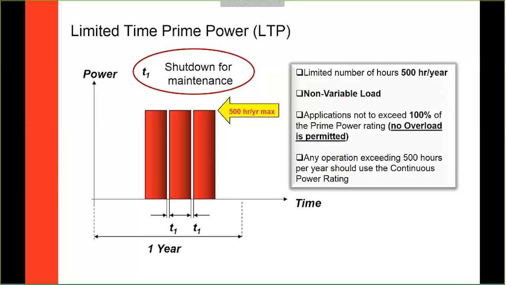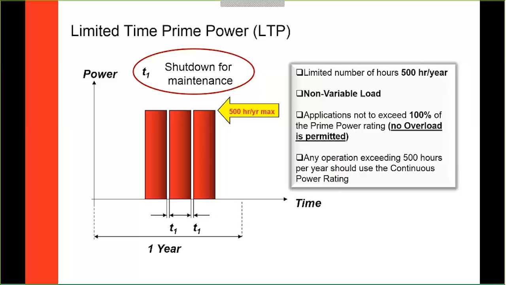The next rating I'll talk about here is limited time prime power, LTP. You may be somewhat familiar with this rating, as most generator set manufacturers publish or market just a prime rating. What limited time prime power is intended to serve is kind of a niche market, and really it's targeting up to 500 hours per year is the expectation from ISO, but it's intending to serve a non-variable load,